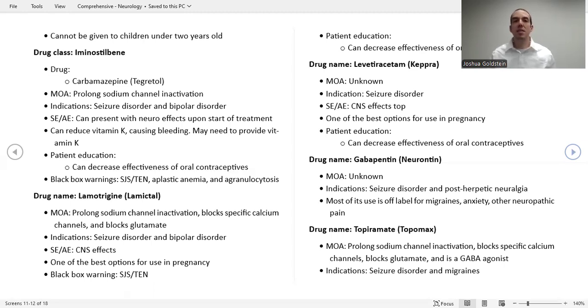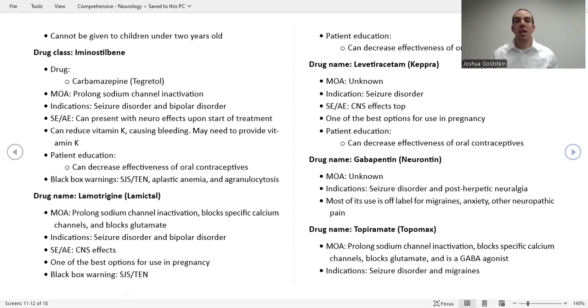It could be things like numbness and tingling. It could be altered mental status, confusion. It really depends. We do put that pretty broadly and expect students to just identify what in general it means when we say CNS effects. Each medication might be slightly different. Again, the same vitamin K issue that we mentioned twice already,